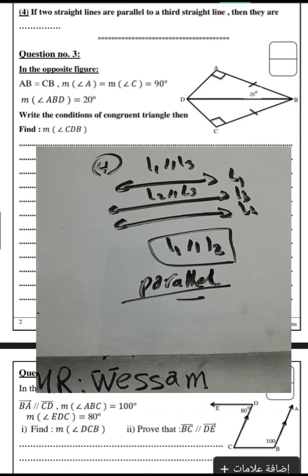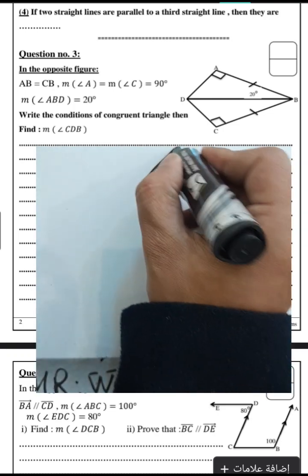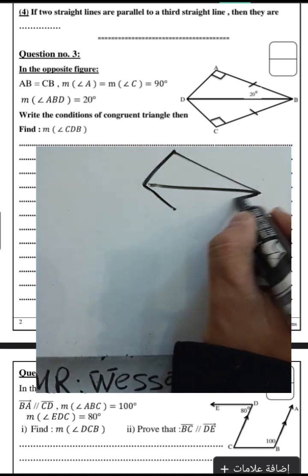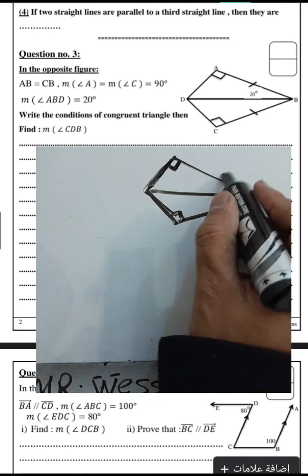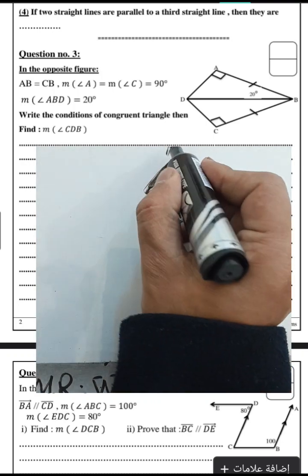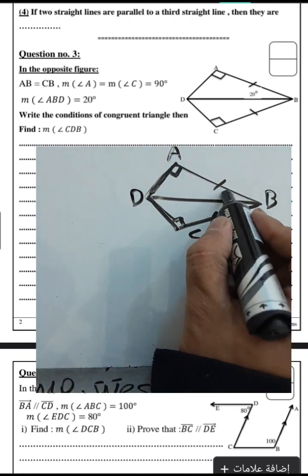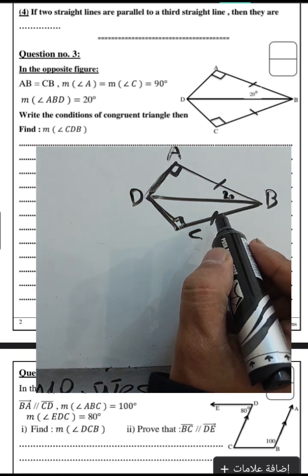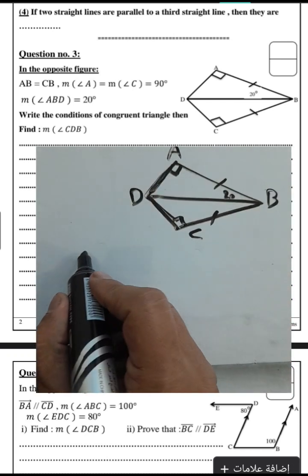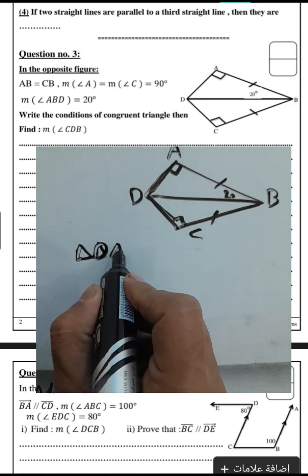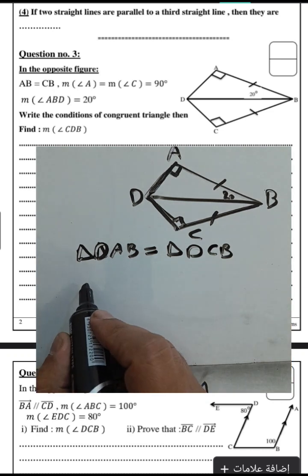Next question here. We want to find the measure of angle CDB. We have right angles here, and they are congruent, two sides of equal length, and we have here A, B, C and D. This angle is 20 degrees, and write the condition of congruent triangles here. Triangle ABD is congruent to triangle CBD, because